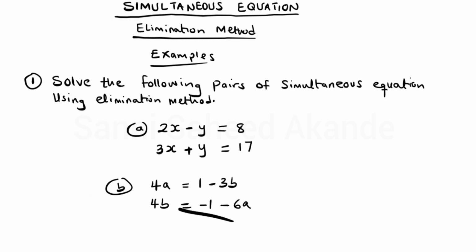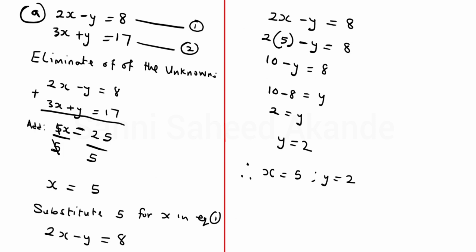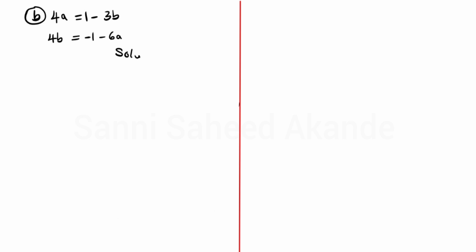So we are going to solve this together again so that you understand how to use this elimination method very well. Okay, so this is the second question. Let's solve it together. Now we have 4a equal to 1 minus b and 4b equal to minus 1 minus 6a. So the first thing I'm going to do here is to rearrange these equations. So rearrange. Well, when I rearrange, I will have 4a plus 3b, when you bring this 3b to the other side of the equation,